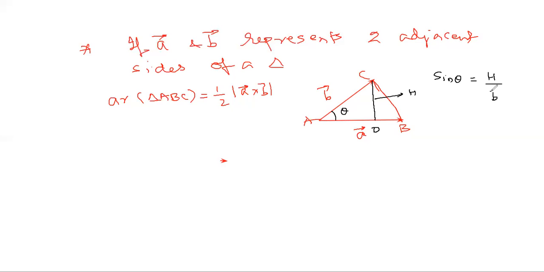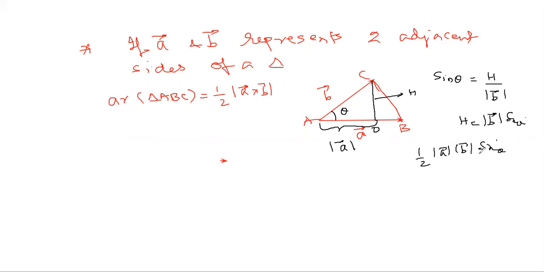Hypotenuse is vector B, magnitude of vector B. So the height of the triangle is vector B sin theta, and the projection will be the magnitude of the base. So half base into height. If you write half base into height,